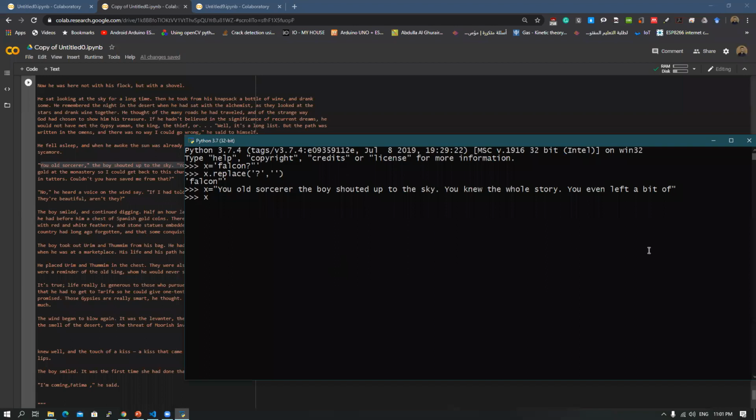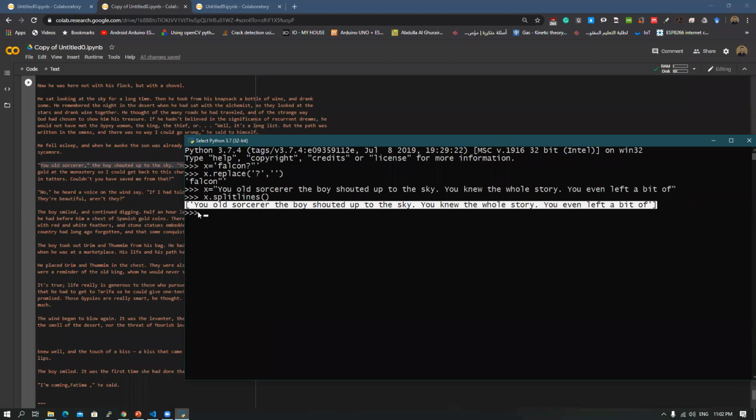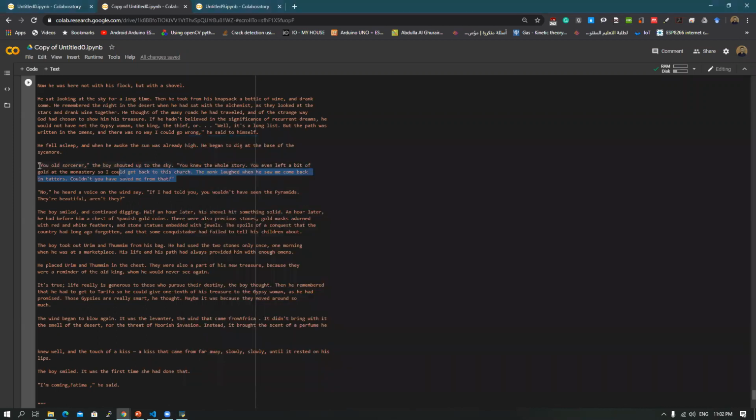So we are going to split the lines. We are going to split each line into an array. So this line, the whole line, is now inside a list. Okay, this is the first step we want to do. Because if we have multiple lines, we have the first line, and then the second line, and so on. Okay, so this is the split lines one. For example, these multiple lines,